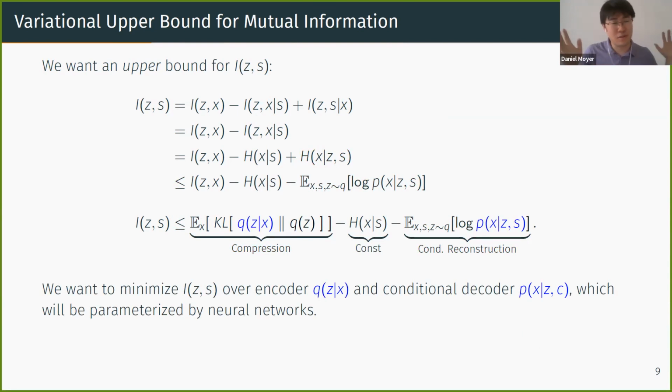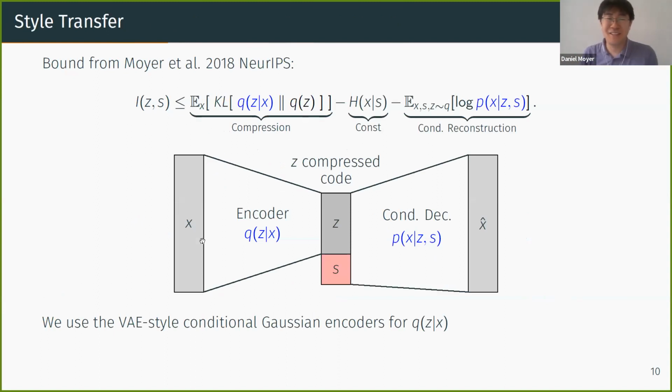So even though we were just doing math on our own, we have an encoder structure, q(z|x), and we have a decoder structure, which is a conditional decoder structure, p(x|z,s). So we can parameterize these using neural networks, and that's the first thing we'll do, turn this into a neural network. This is the canonical autoencoder picture, but with a conditional part. And then there's a compression term on z. It looks exactly like a VAE, or very similar to a VAE, at least.